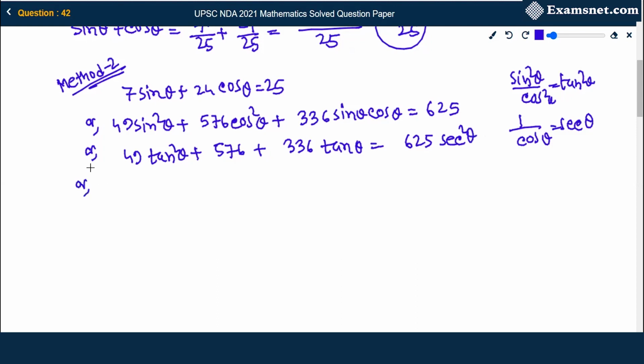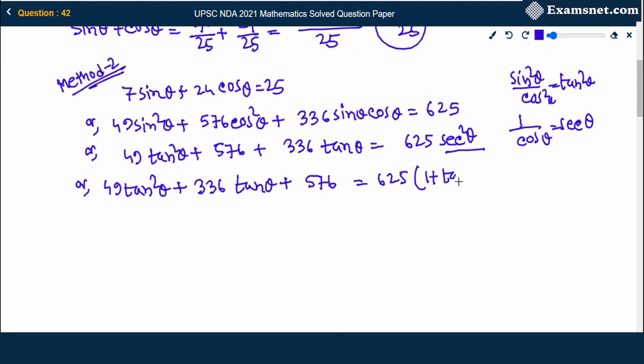Okay. Now the equation turns into tan and sec, and there is an important relation between tan and sec. We are going to use that particular one here. So let me write it again. 49 tan square theta plus 336 tan theta plus 576 equals, now sec square theta can be written as 1 plus tan square theta. Okay. If we further take tan square theta to the left side and simplify the calculation, we will get it as